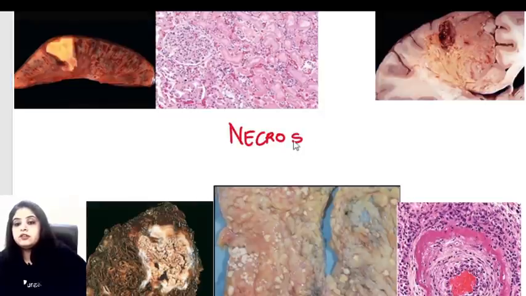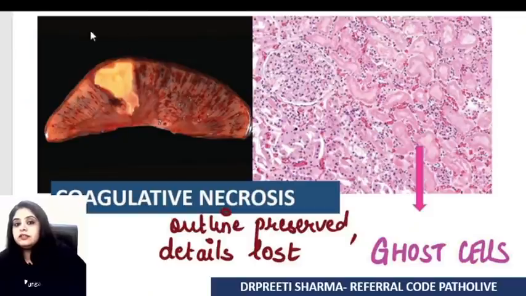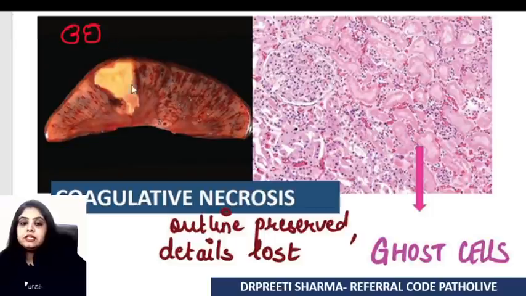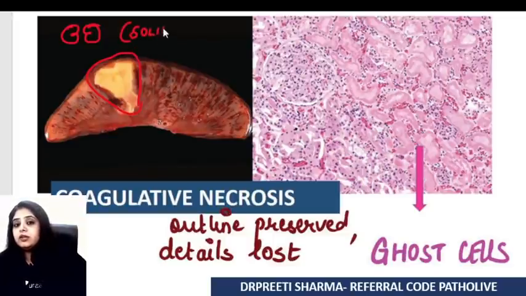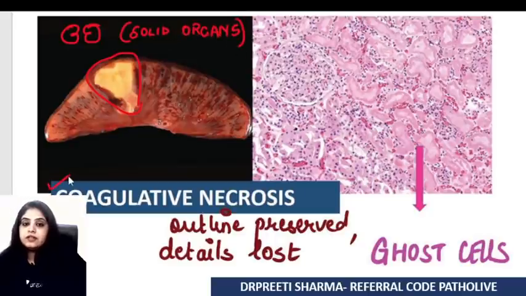The very first necrosis that is shown over here, this happens to be in a solid organ, and the solid organ is kidney, and I'm telling you the identification that it is a slice that has been taken from the kidney, where I can see this particular area which has become a little yellowish and dead, and this is the area of coagulative necrosis, because I know that whenever I'm dealing with solid organs, I already know the kind of necrosis that happens in solid organs is coagulative necrosis.